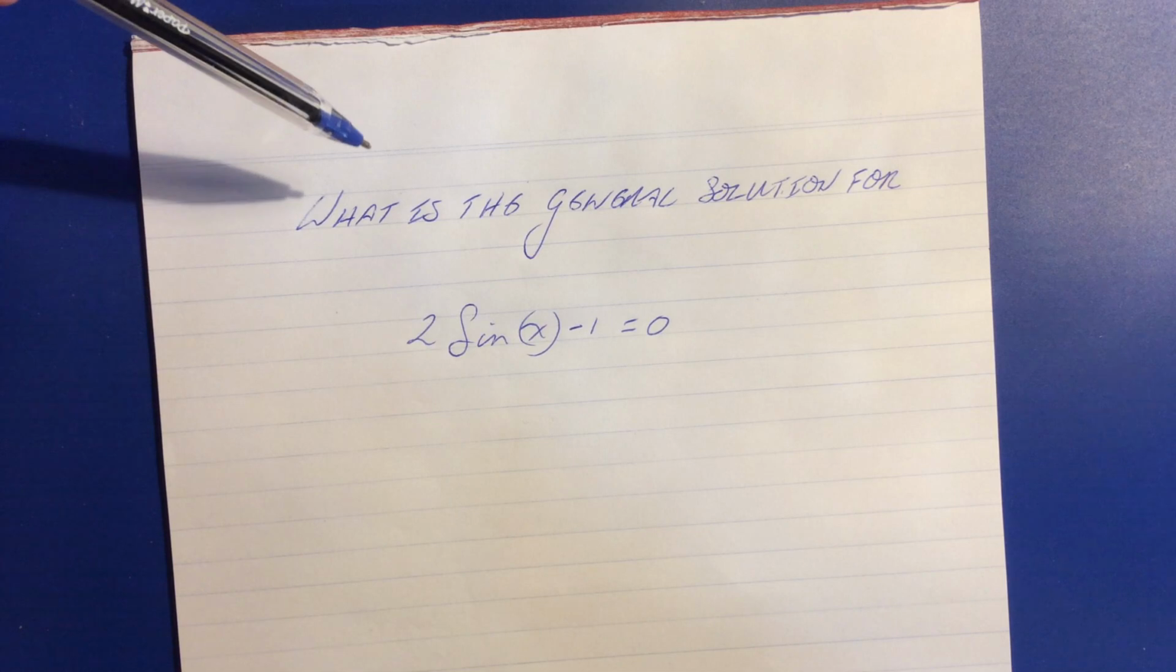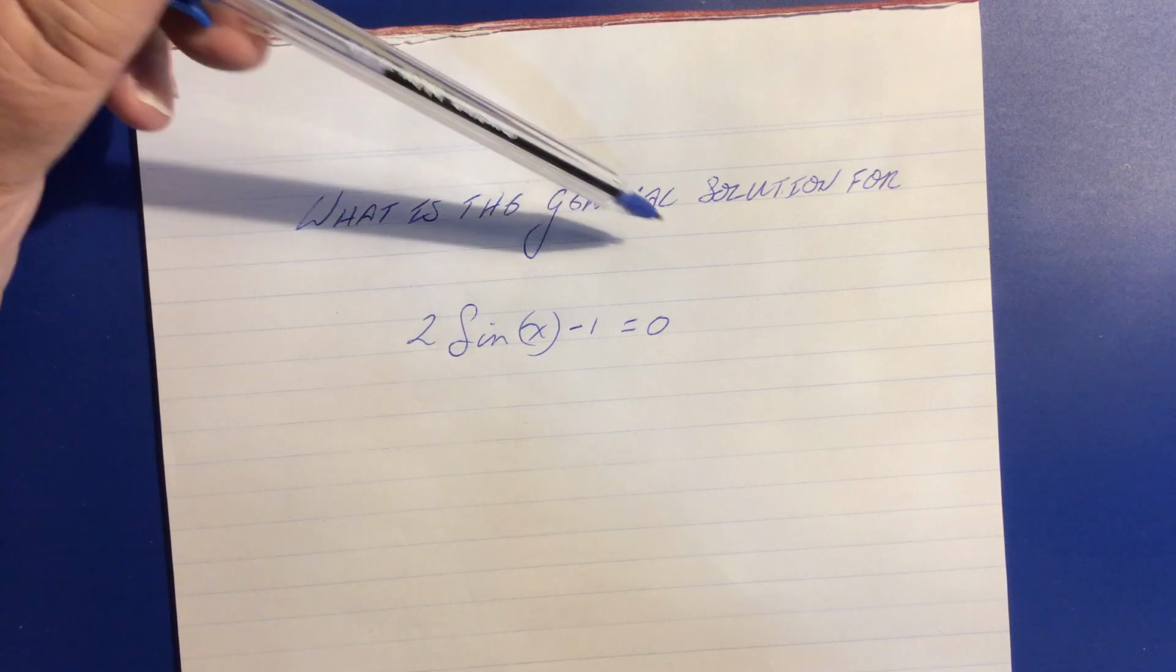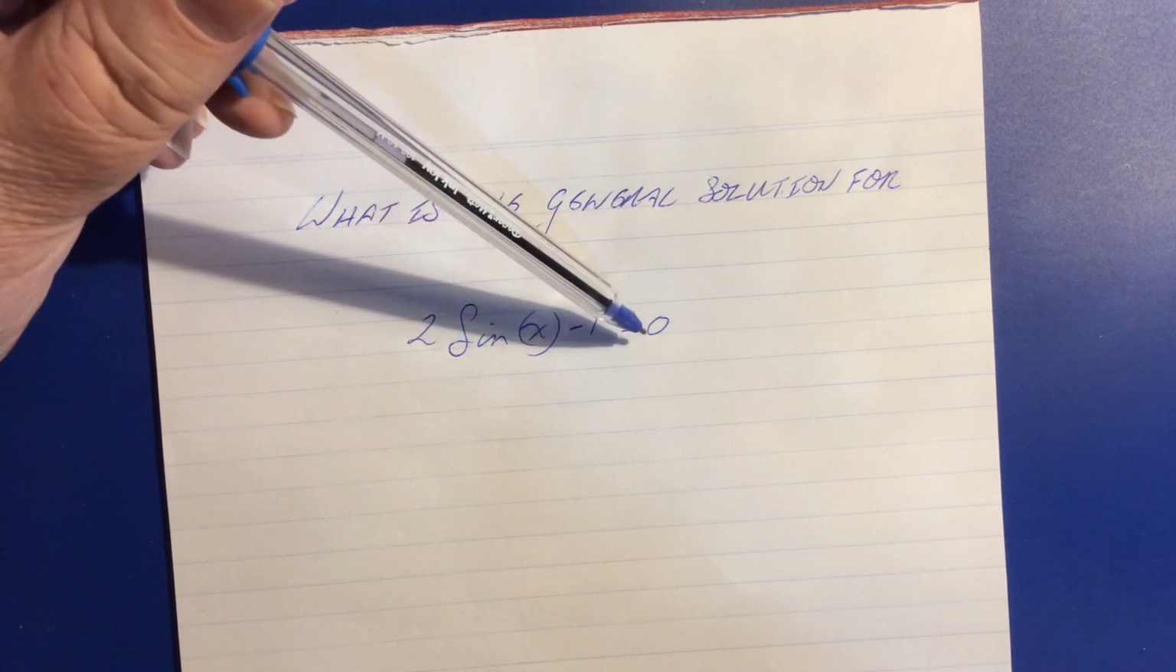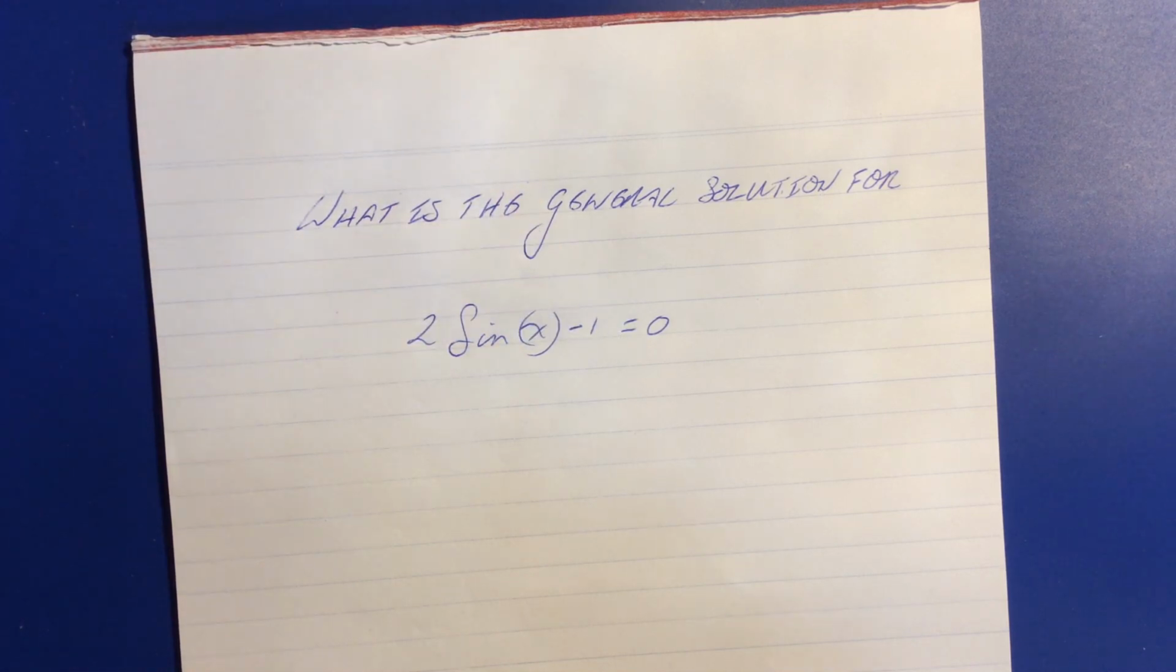The problem today is to find the general solution for this expression here, 2 sine x minus 1 equals 0. For those of you who don't really understand what a general solution is, probably the best way to think about it is to